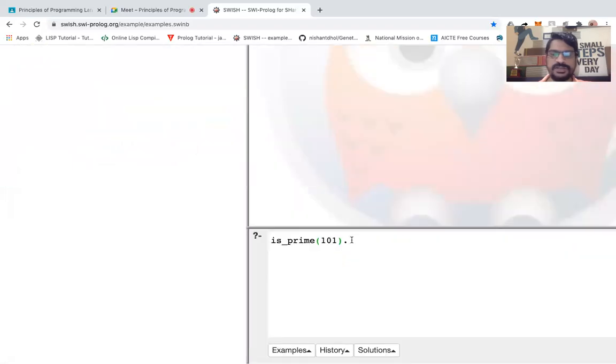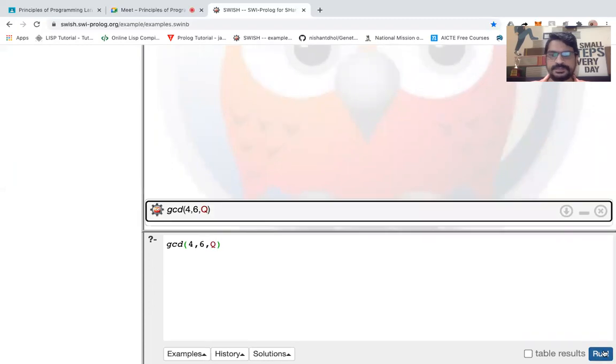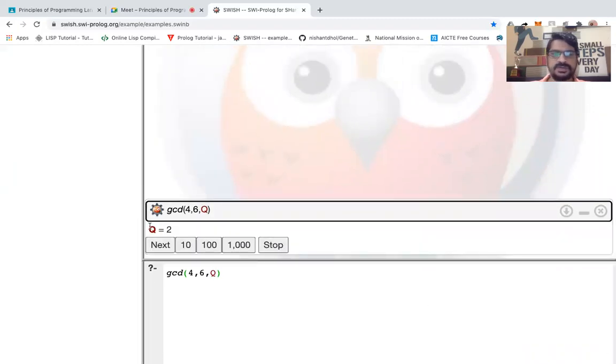Let's say I want to find out the GCD of two numbers. Okay, so I'll write down here GCD of, let's say 4 and 6. Could you tell me what is the GCD of 4 and 6? कौन सा कॉमन डिविजर है? सो आई थिंक यहाँ पर 2 होना चाहिए. और भी हमको वेरिएबल भी लिखना पड़ेगा यहाँ पर, मान लो q. Yes, so the greatest common divisor between 4 and 6 is 2. 2 से दोनों डिवाइड हो जाएंगे.